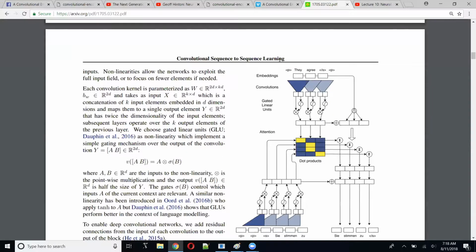So I put in the chat links to this paper. In this paper they use convolution neurons. They have an attention model, and they claim state-of-the-art results. But yeah, I think that's pretty much all I have to say there.